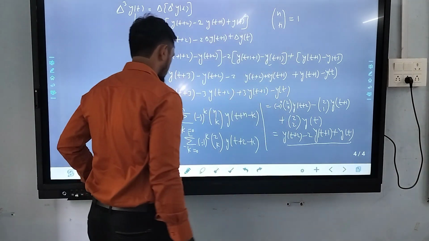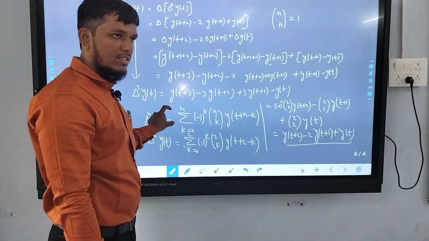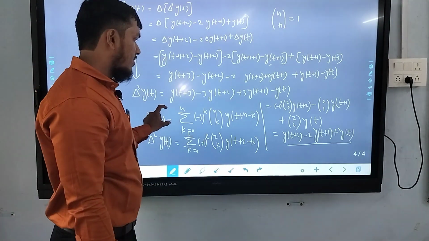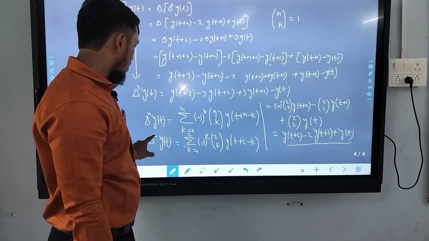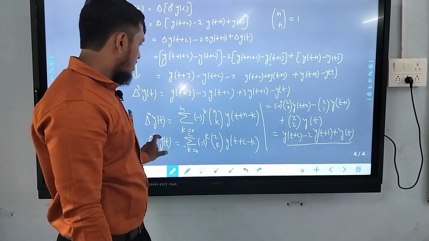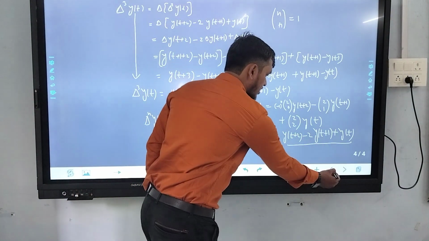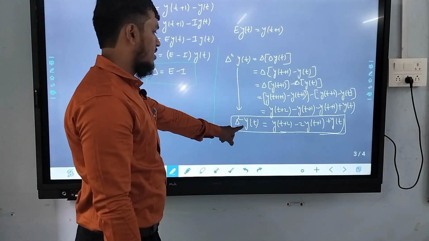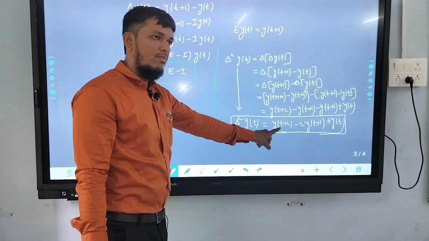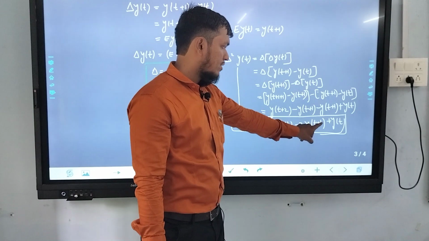So by expanding this summation, by putting n is equal to 2, that means delta raised to the power 2 y of t is equal to what? You can see in the previous slide also, this is our delta square y of t: y of t plus 2 minus 2 y of t plus 1 plus